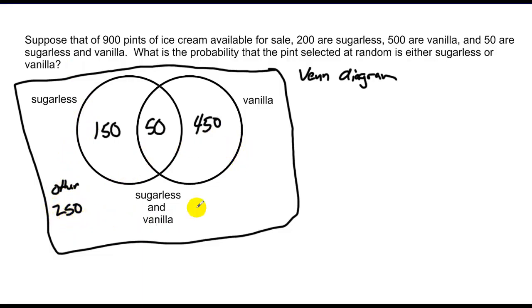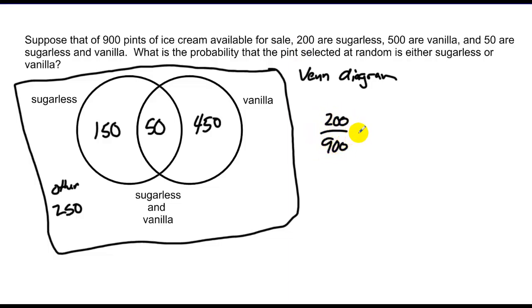here. So if my probability asked, well, how many are only sugarless, then I could answer this with 150 out of 900, because this is only sugarless, not sugarless and vanilla. Okay? And then if they ask me how many are neither sugarless or vanilla, I can answer with this, because those are the others. But in this problem I can say, well, I know I've got 200 sugarless over 900